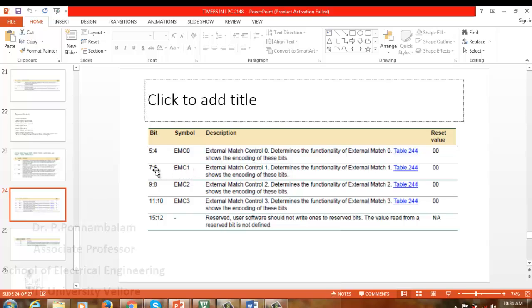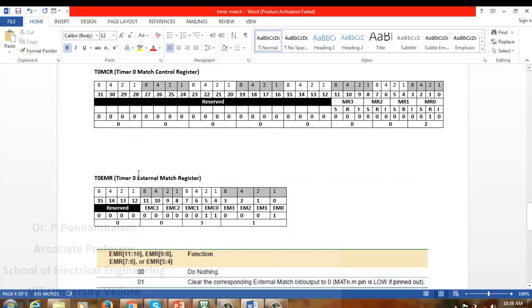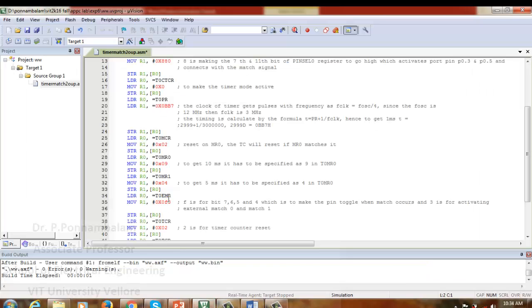And for external match, I need to toggle both, so I am making 1 1 1 1, so it becomes F. In case you want to see it in terms of bit pattern, we can see it using this T0 EMR. Here I am activating these two, so the value has become 3. EMC0 also I need to toggle, and EMC1 also I want to toggle. So the total content becomes F3. So you can see T0 EMR is moved with the content F3,